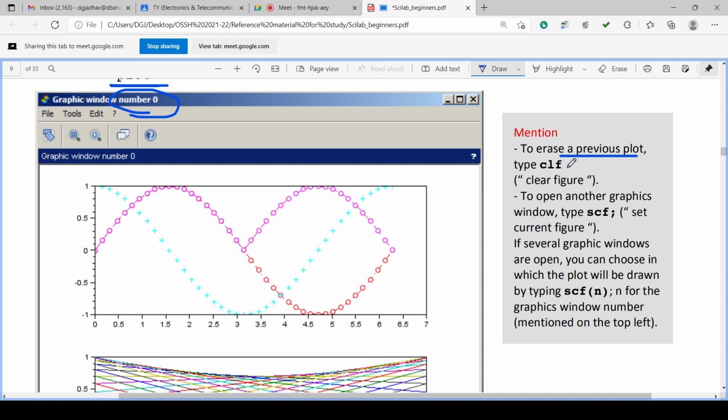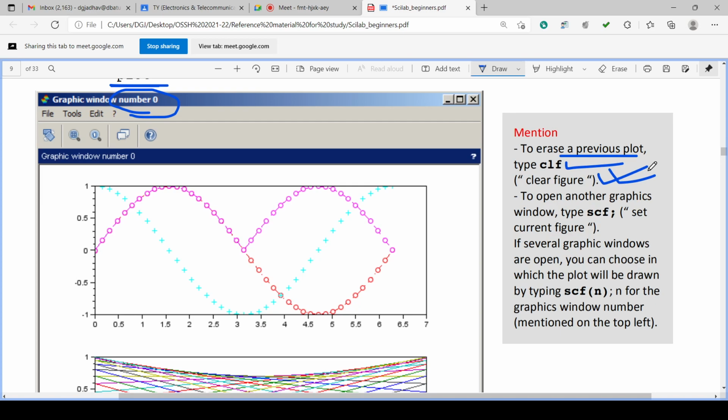To erase the previous plot, type CLF, short form for clear figure. It will clear the figure to erase the previous plot. We can erase the previous plot and use a new plot command to get a new graph, or we can have separate graphics windows: number 0, number 1, number 2, number 3, and so on.